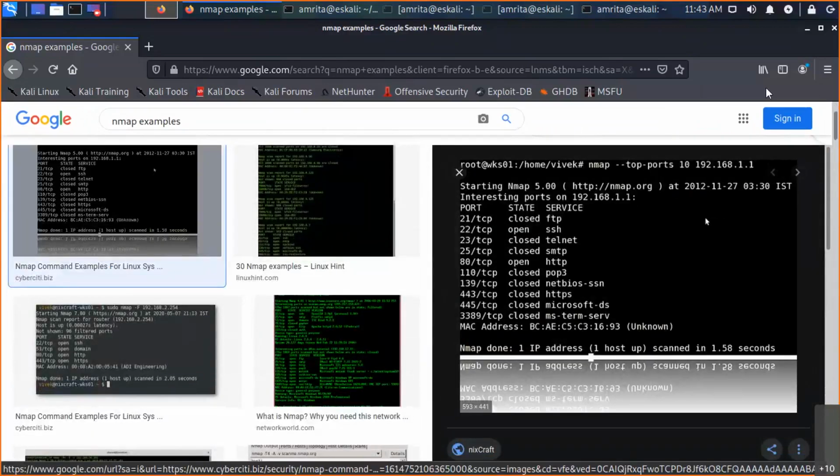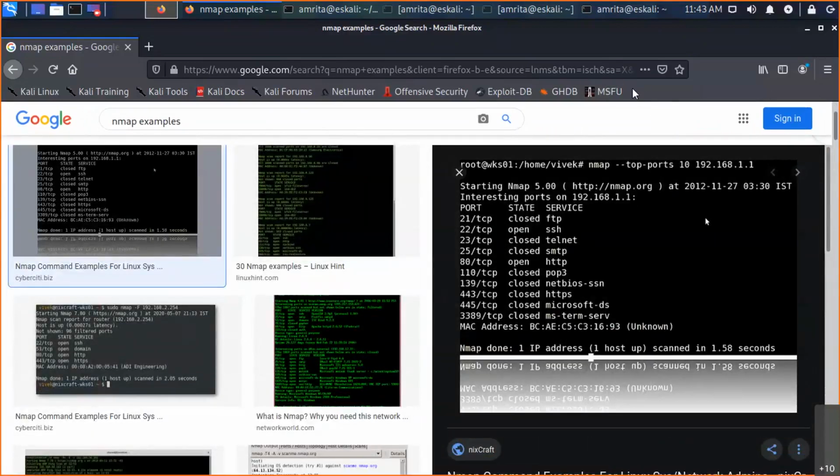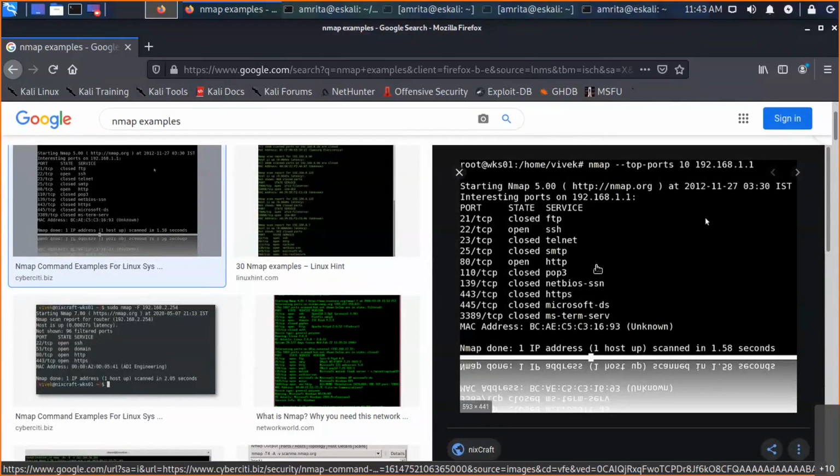See, this is the site they have taken. A lot of ports are open. 21, that is FTP, is open. SSH, telnet, wow. They have the telnet service also, which is a very, very unsecure service. Then SMTP, port 80, and 110 for POP3. So I can see a lot of services are there.